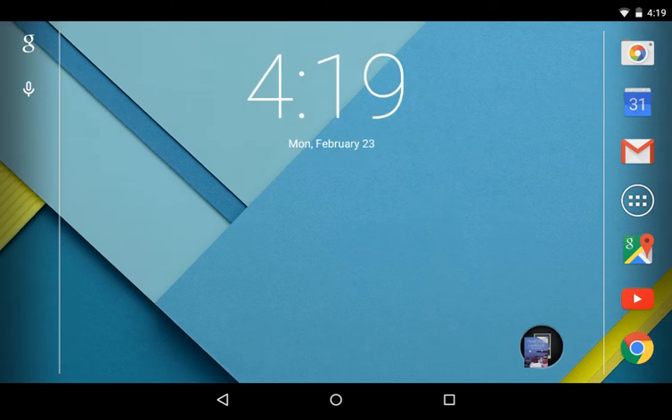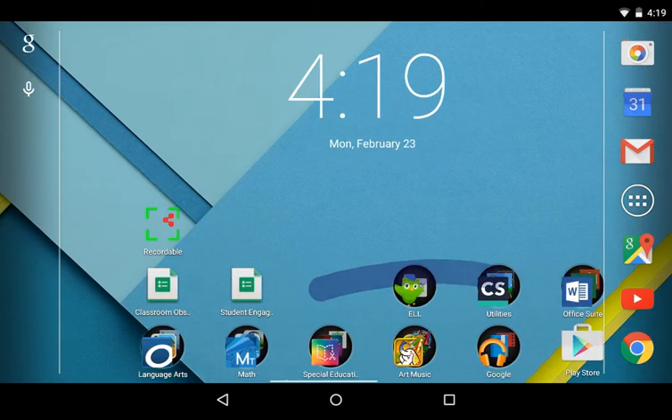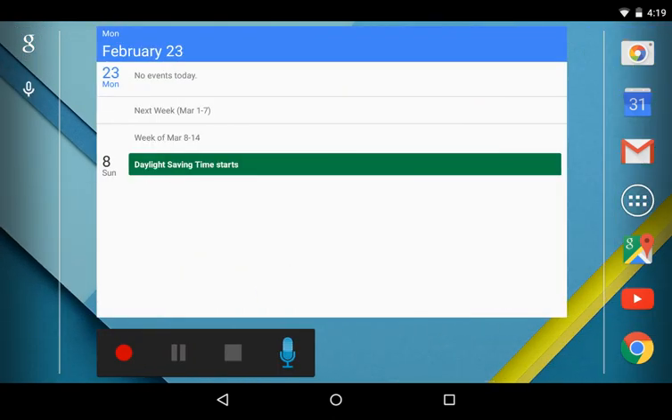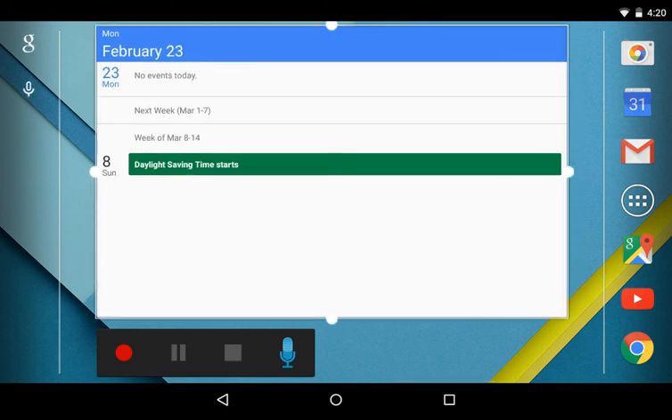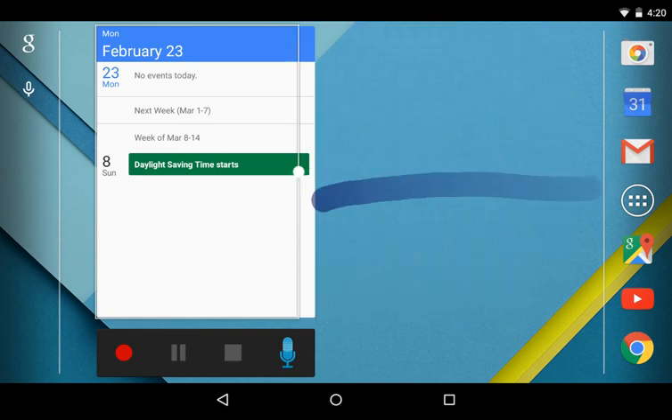Getting rid of a widget is just as easy as getting rid of an app. You can just hold it and you can remove it. Simple as that. Some of these widgets you can adjust in size. So this calendar widget, I don't want to have the whole thing covering my screen. I'll just hold it down, let go, and that'll show you these four dots. And I can shrink it